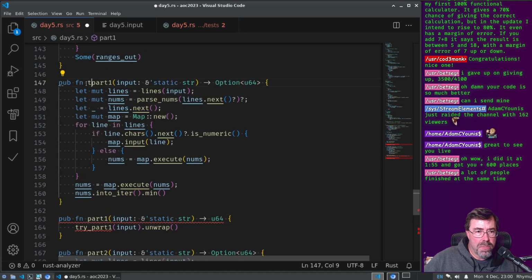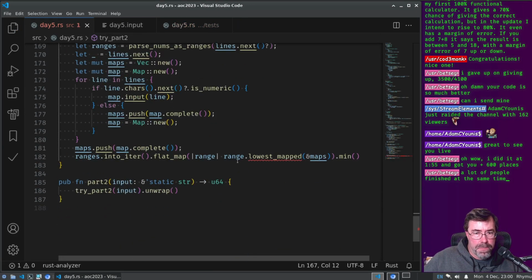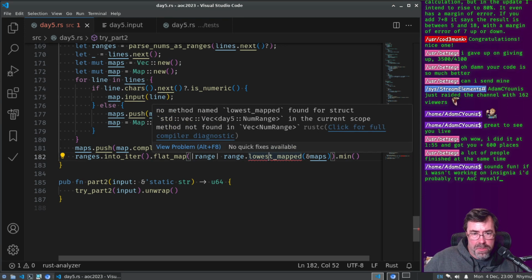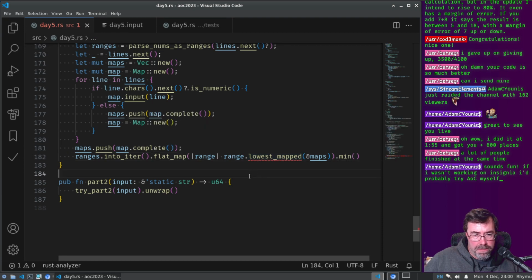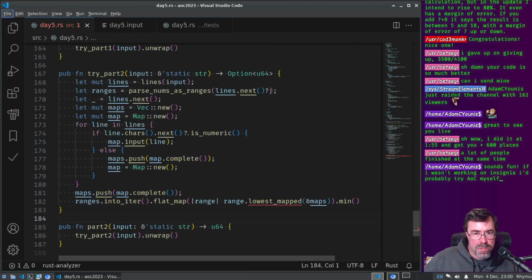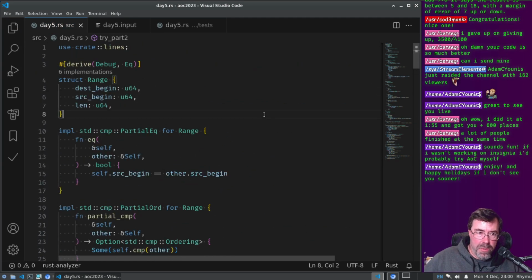Oh, this should be try part 1. This is try part 2. Okay. What's wrong here? No method named lowest mapped. Okay, so that's because range is not the right type, because this needs a question mark.